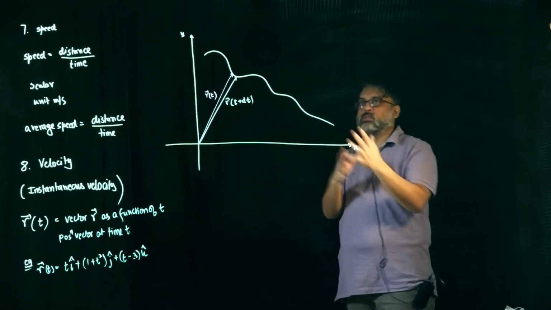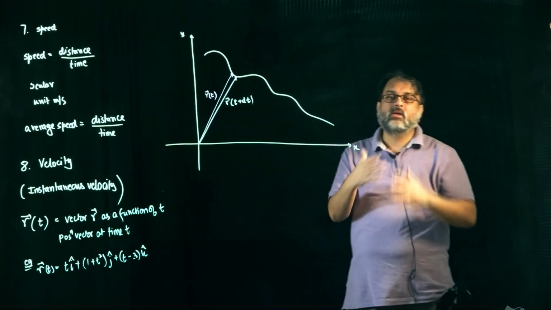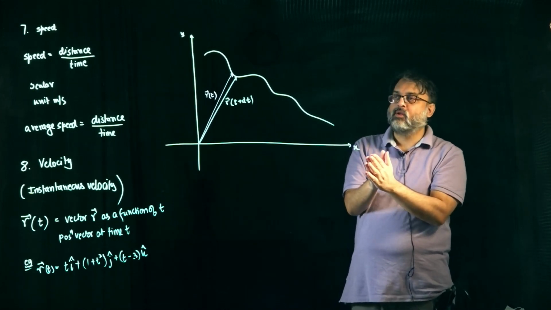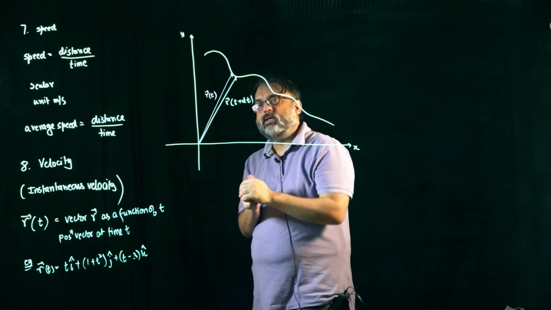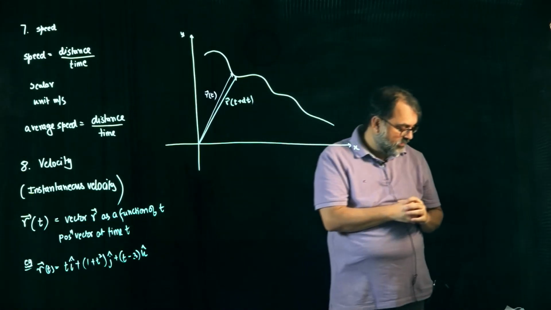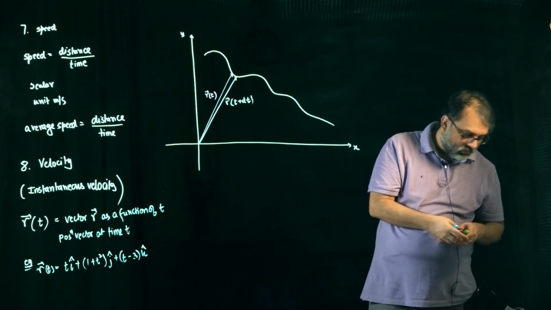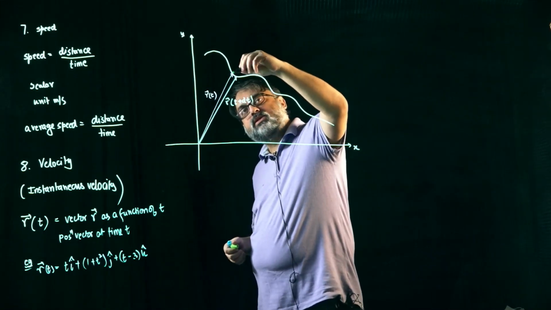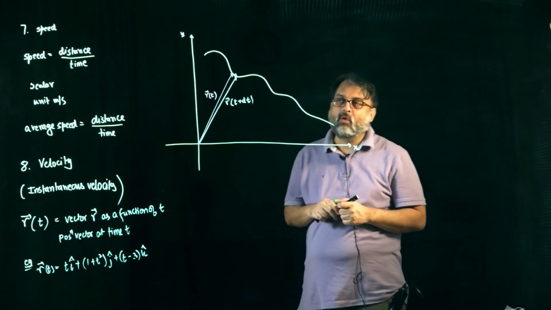The particles which make up the universe have shifted from one tick to another. That is all you are allowed to observe. So this guy was here at time t and is here at time t plus dt. Therefore, this is the displacement vector of the particle in that time dt.